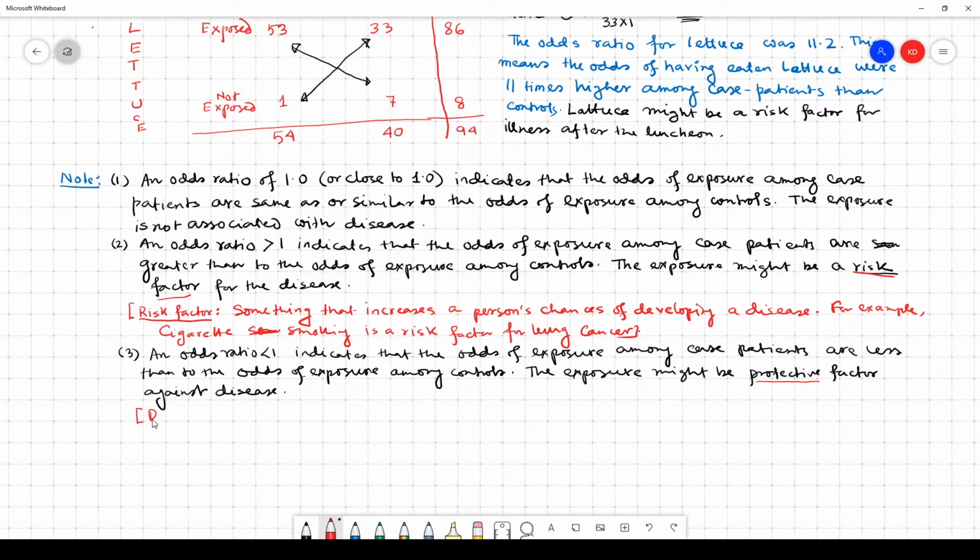Protective factors are conditions or attributes in individuals, families, communities, or the larger society